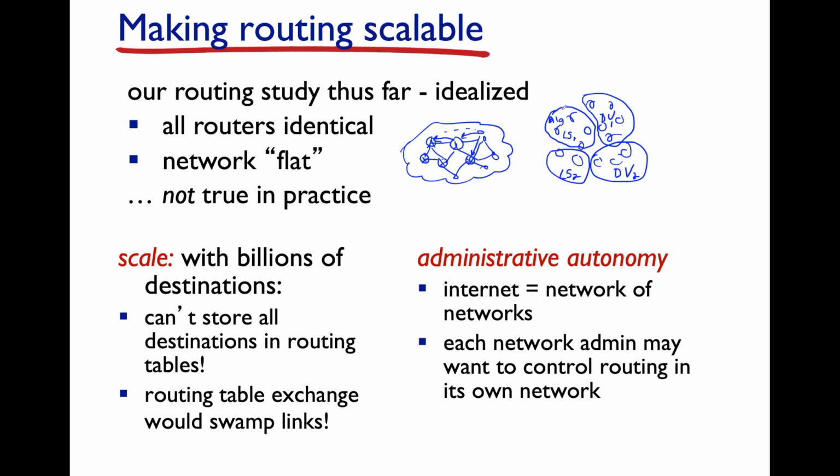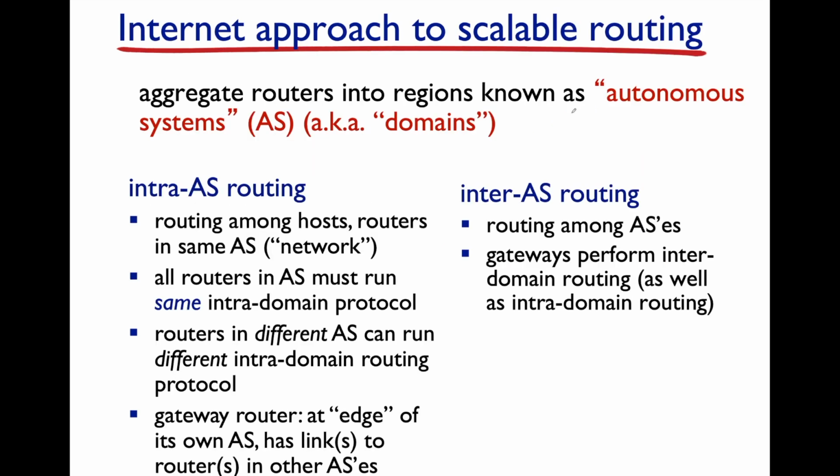Now, certainly to interact across the internet, you want to have this group share a link with that group, and it's a bidirectional link. Likewise, this group shares a link to that one, and that one will also maybe share a link here and share a link here. Okay? And so this is called an autonomous system, or AS, and we will talk about how routing happens both within an autonomous system, from this router to this router to this router, as well as between autonomous systems, from this particular router in this first AS to that particular router in the other autonomous system. So we can aggregate routers into regions, and these regions are known as autonomous systems, ASs,